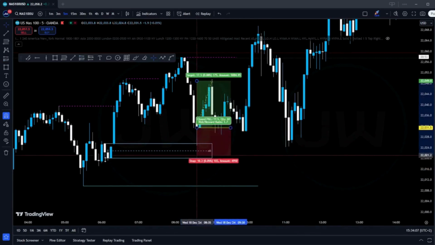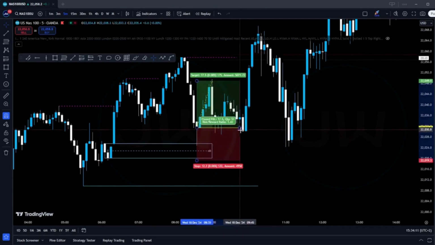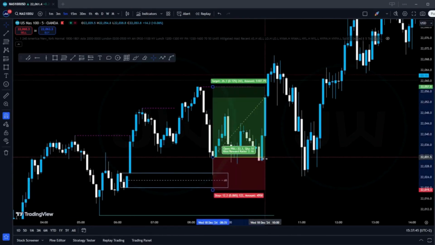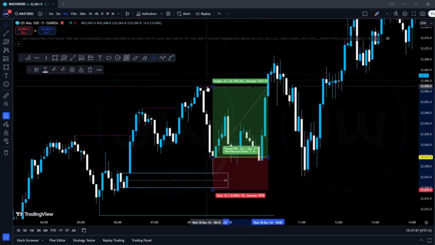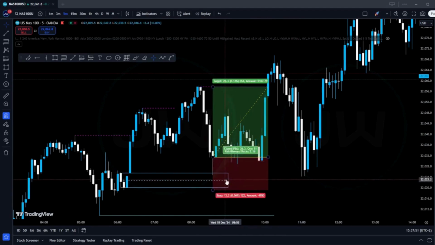And we put our stop loss where? Just below this order block. And where would we target? Our first target would be that swing high. And so you see we hit that target, buy side. And if you continue,